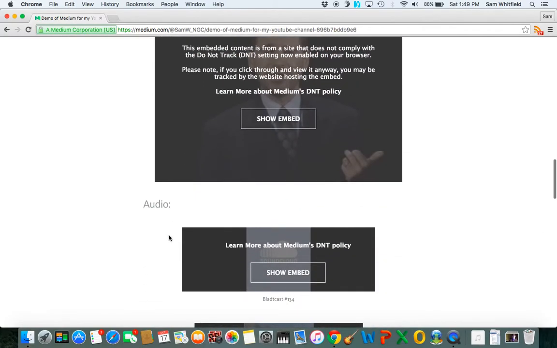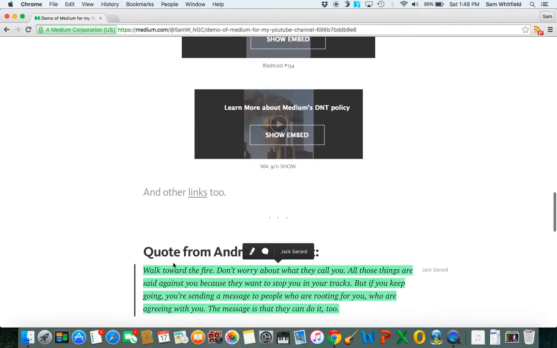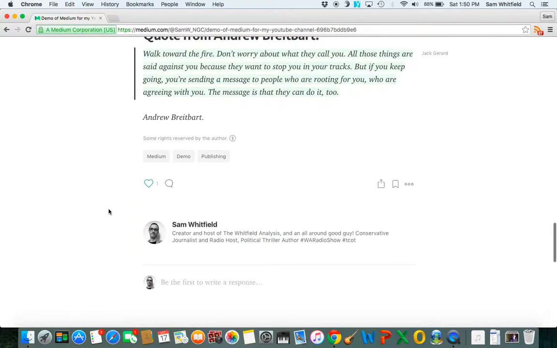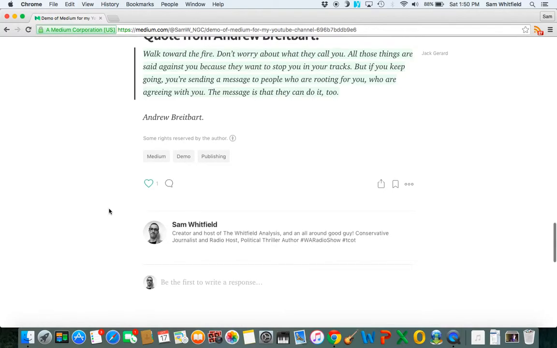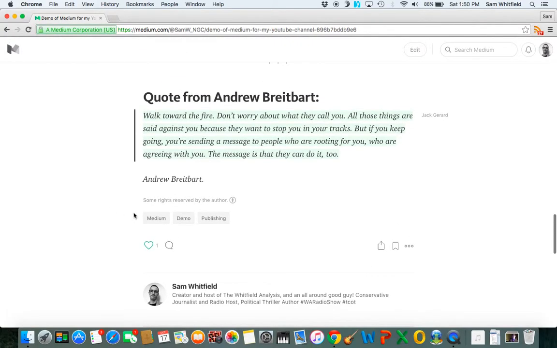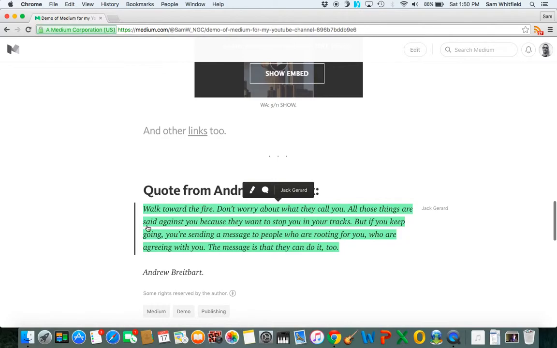But then Jack also, if you scroll down here, did something that I want you to take note of. I didn't really explain this in part 1, but in Medium there are things that you can do as a reader called highlight.